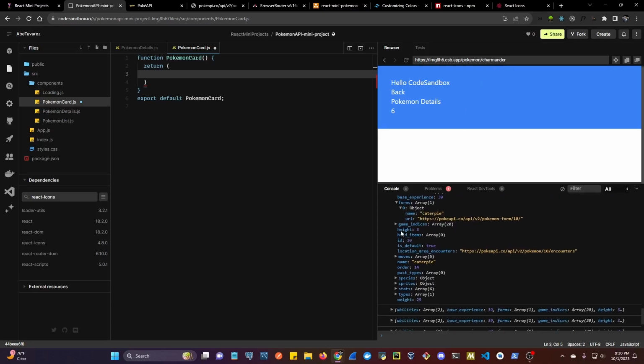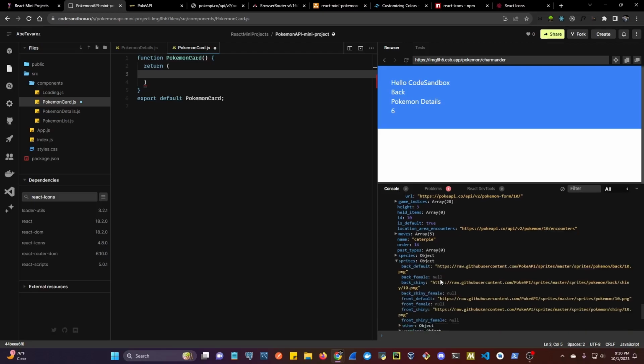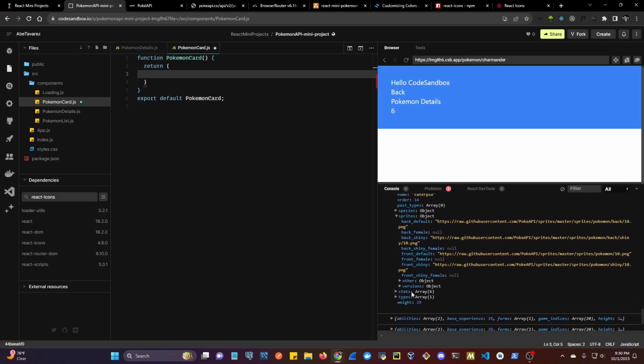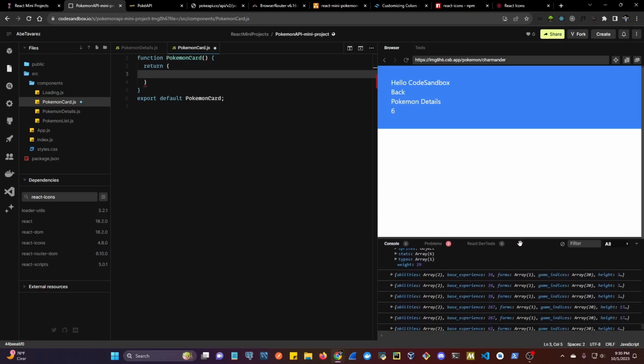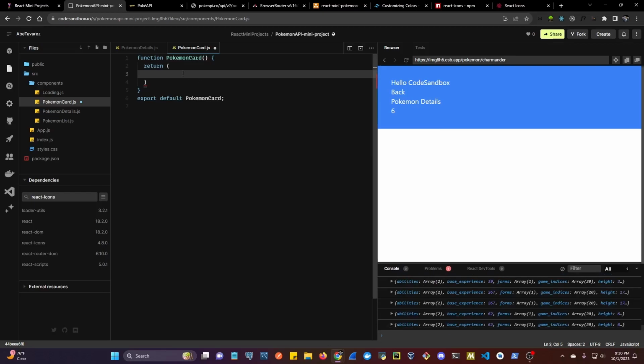We can use the height, we can use the name, of course, species. We can use the height and then the sprites as well. So there's different sprites and images that we can use to display the Pokemon image coming right up. So back in here,